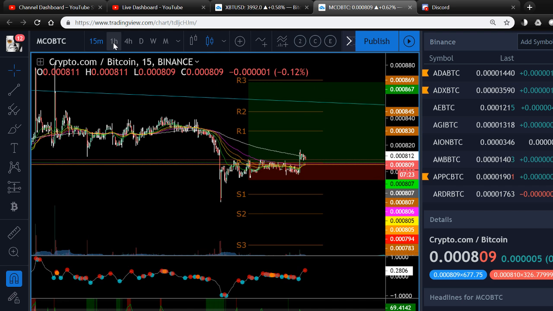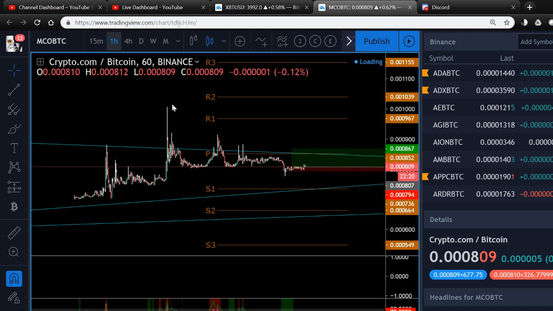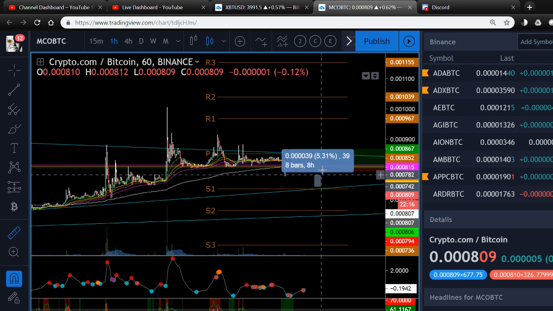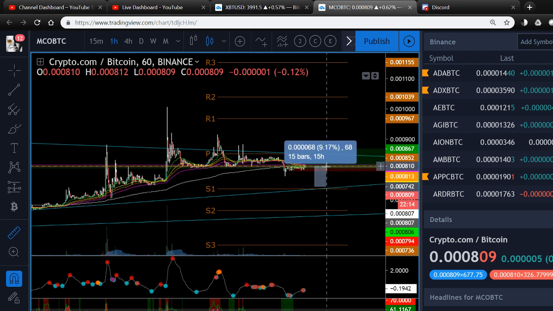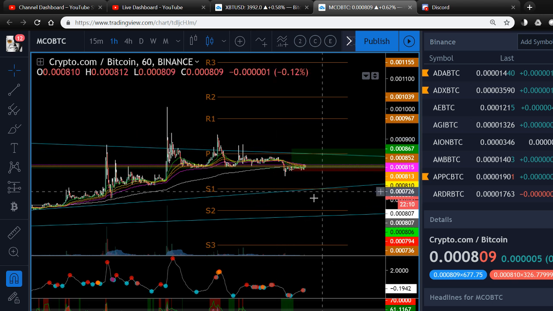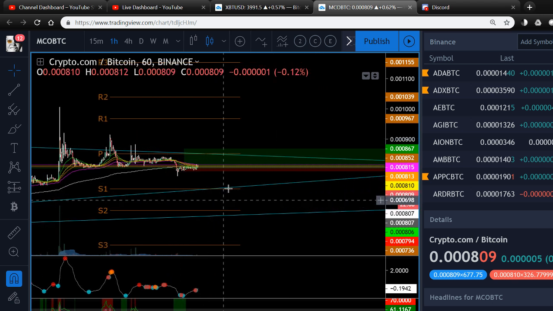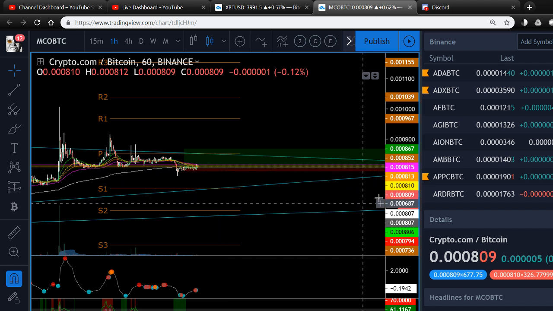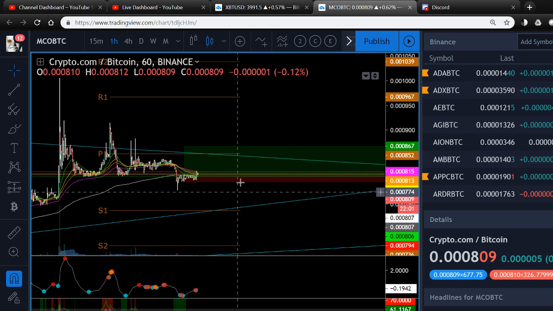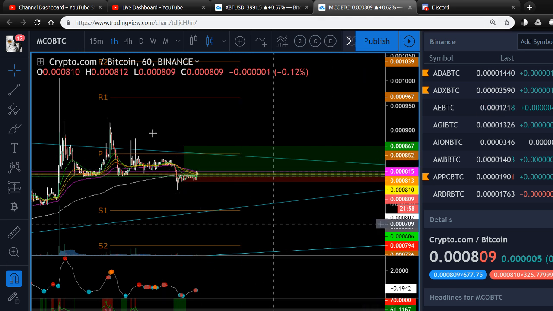Let me zoom out here, because we got a bottom trend line that's about 9% away from the current price. That's not a risk I'm willing to take. So it's only if it holds this current level that I'm interested in it. So I actually took this trade. Let's see what else we've got.